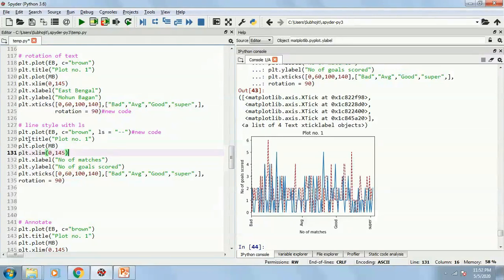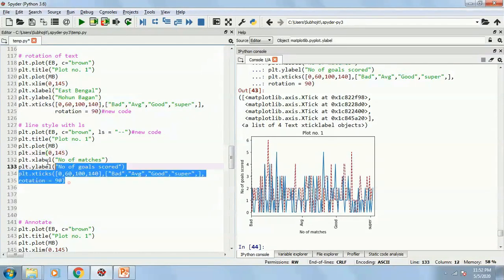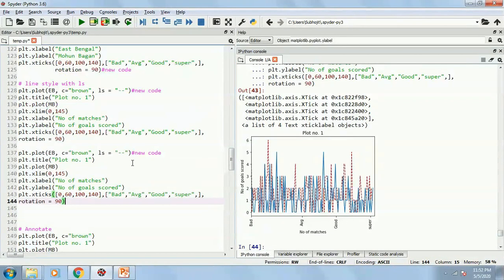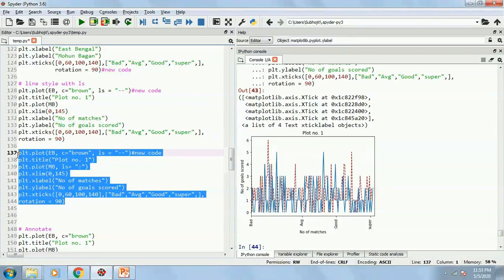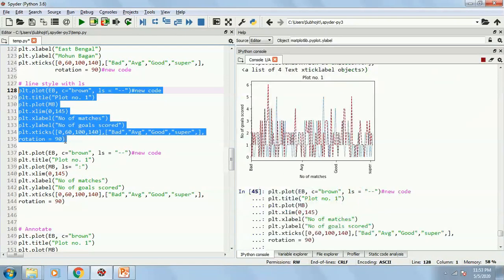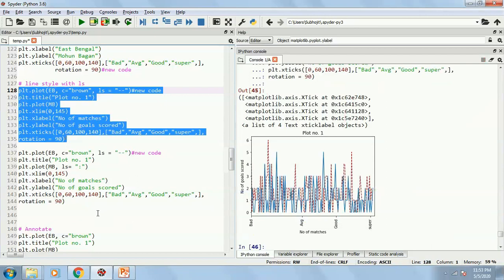If I wish, I can also change the plot for Mohun Bagan. Let me do it once. I can write it for the plot for Mohun Bagan, ls equals to maybe this type of dot, a different type of dot you can put. But it doesn't look cool. It seems that both East Bengal and Mohun Bagan have become similar in style. So let it be like this. It is a better looking chart.